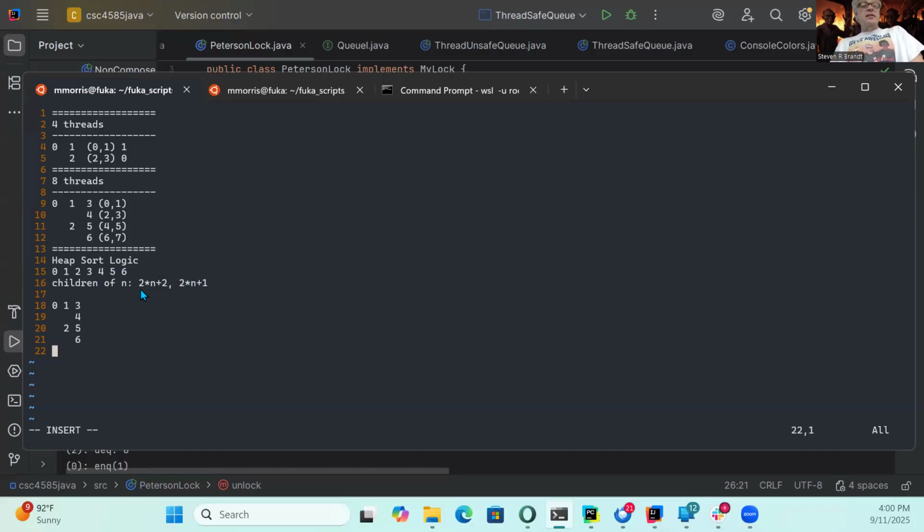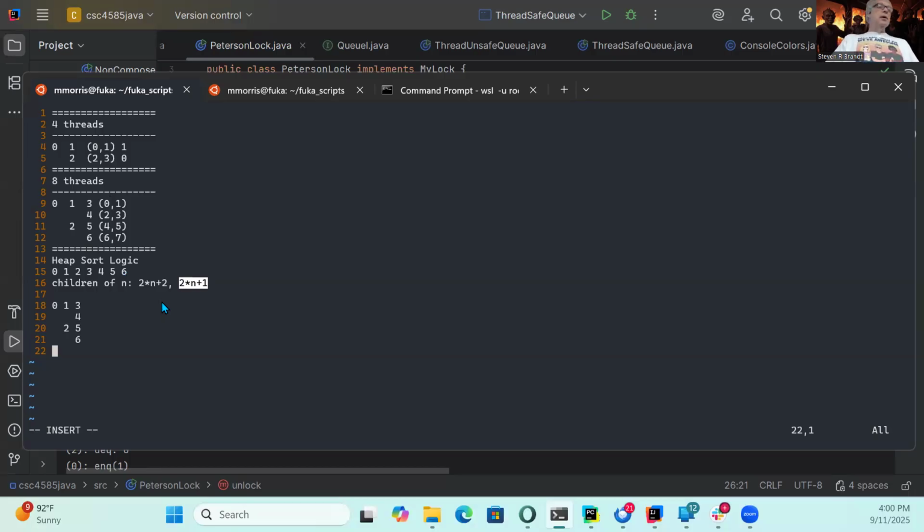But what I can say is if I'm an even node, I'm going to come into my parent's Peterson lock, as a rule, as ID 0. And if I'm odd, I'm going to come in as ID 1, right? I can make that kind of rule. And that will help me cascade down the tree, right? I can take each step of the tree and I can just apply that logic. So I think that will help. Now, the only thing I have to do is somehow map my thread number to a place here, right?